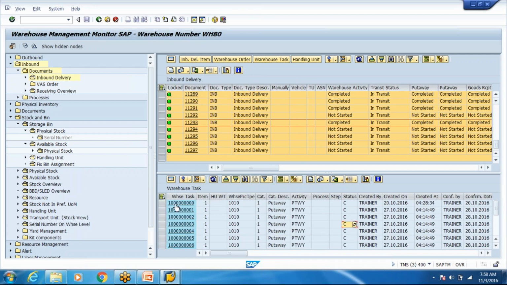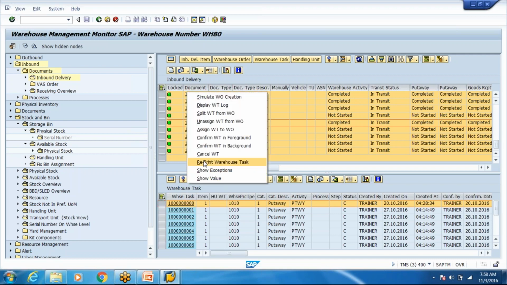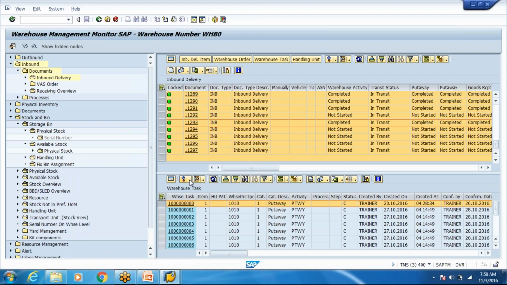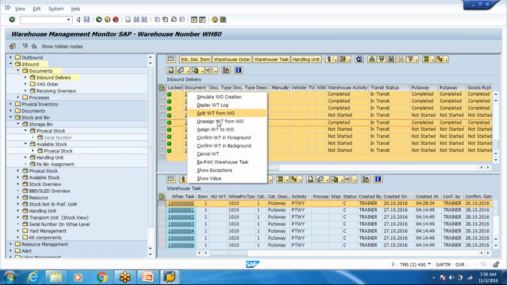Then we have an option as well in monitor, in certain areas. You have some option like this, which is basically called more methods. So what the method does is, you can cancel the task, you can confirm the task, you can reprint, you can do printing here, you can see the log of creation. I was representing monitor as a monitoring transaction, as a reporting transaction, but at certain places SAP has given us some methods, something which you can carry out from the monitor itself.